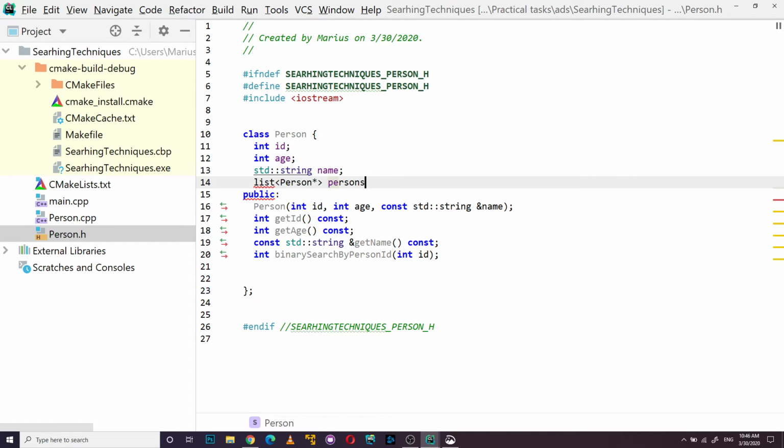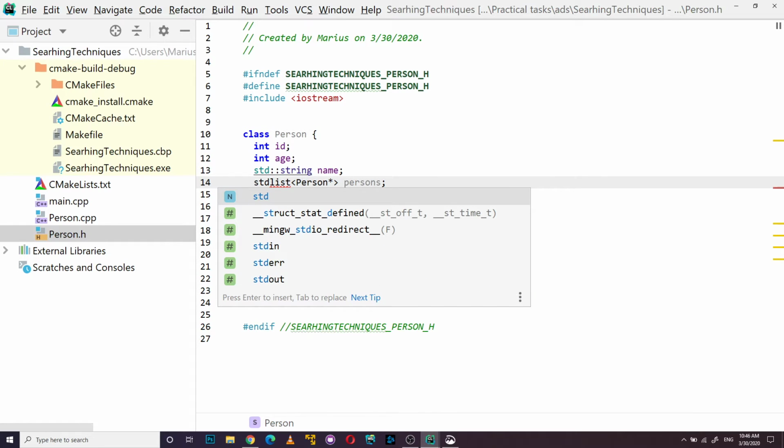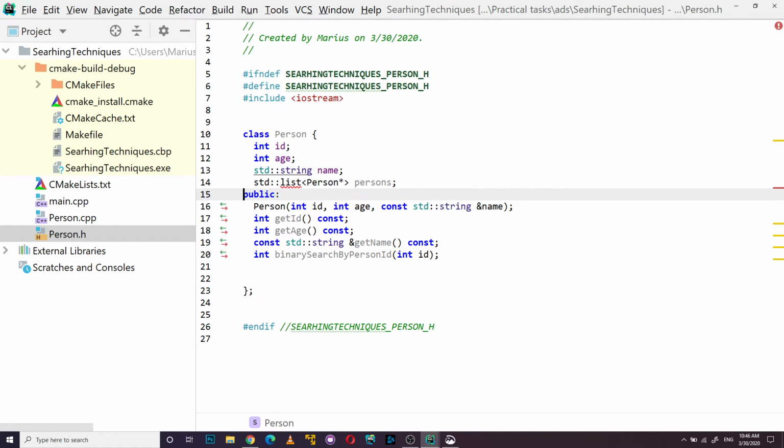Persons, sorry, std, and maybe we should create a vector instead, easier to use. Include vector. We have the string name person, and we also need to create a function which compares